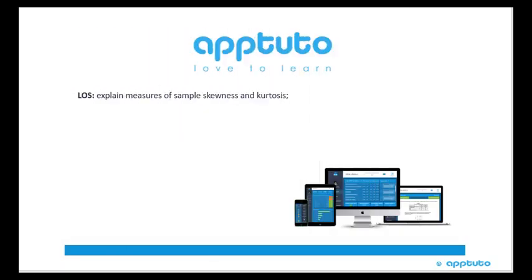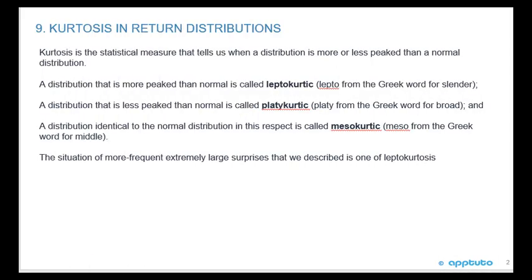This LOS is to explain measures of sample skewness and kurtosis. Kurtosis in return distributions. Kurtosis is the statistical measure that tells us when a distribution is more or less peaked